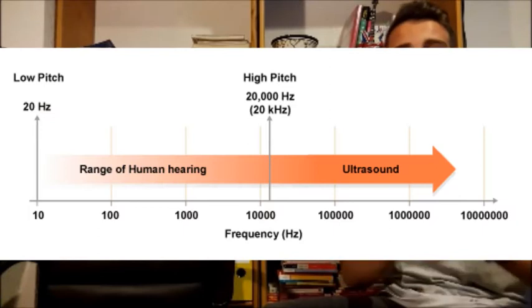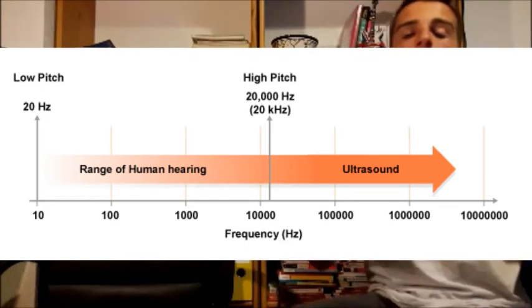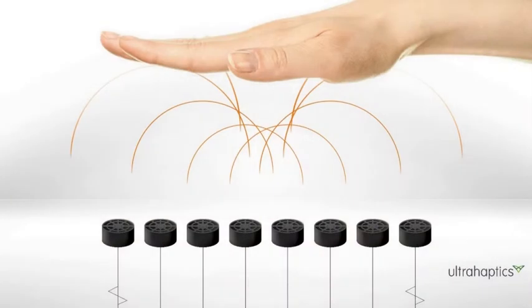Ultrasounds are mechanical vibrations of the same nature as sound, but with frequencies higher than 20,000 Hz, out of the range of human hearing. By the way, they spread in every material environment, like solid and liquid, but not in the void. However, even if they are undetectable to the human ear, our body, our skin, and in particular our palm are sensitive to them. The vibration will make a particular point in space move,